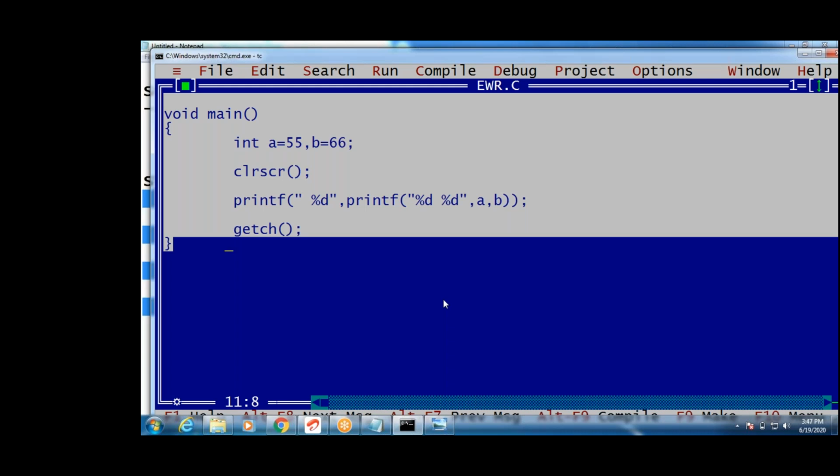Yeah, guys, first which one will be executed? First this statement will be executed, guys, right? First value is what? This will be printed. Where in the output? This is the output screen. First this value will be printed. What is the A value? Is it A or B? First B. Consider the B value will be printed in this place only. First B value will be printed. Next A value, AB will be printed. What is AB? 55 and 66. The question is what? Which one will be printed first? 66 will be printed first.